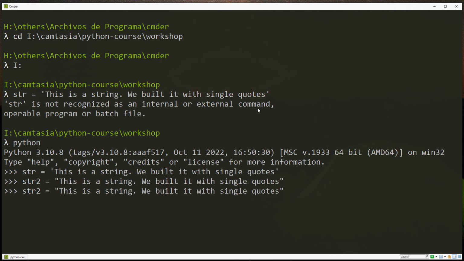You can also say str3 equal to, you can say 3 times. This is a string also built with